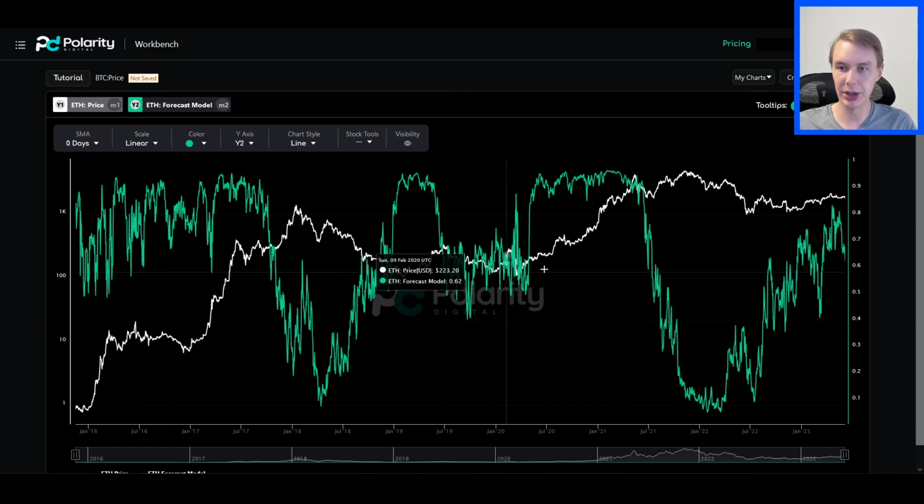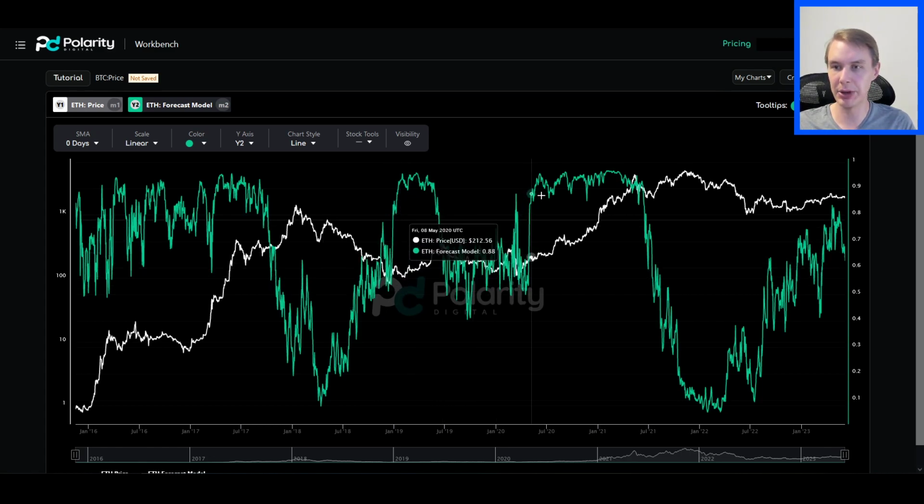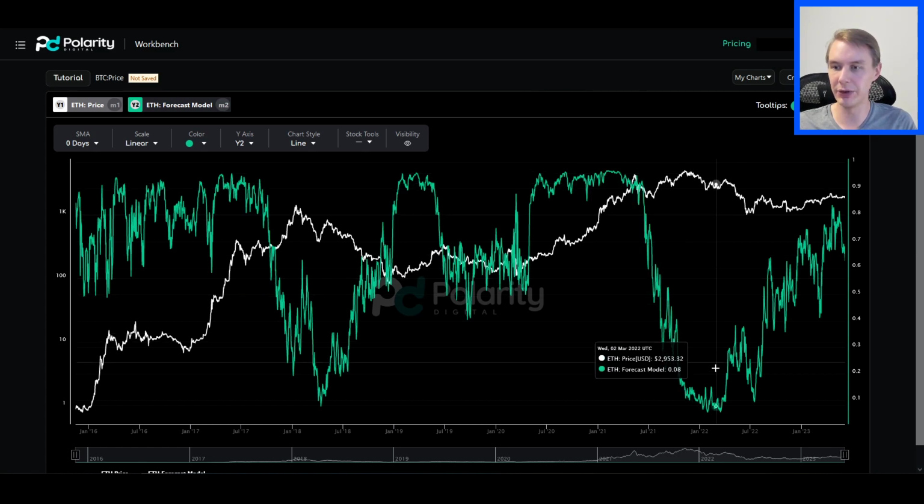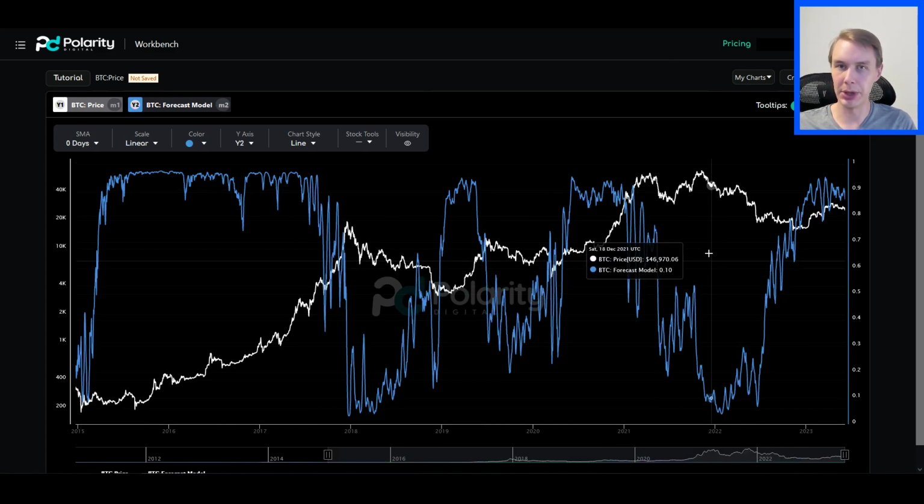I'm going to show you Ethereum here also, just so you can see how it acts. You can see that it also does a fantastic job, being bullish throughout this phase, really cooling off through the top here, going into this bear market, getting bullish again in this run up, getting undecided in this sideways chop, and then saying, all right, here we go. It's very likely for upside to be coming through here. And then again, nailing this bear market, getting very cautious through here. As Ethereum was putting in its all-time high back here in November of 21, the model was only estimating a 12% chance of upside at that point. Again, really forecasting this nasty bear market that we got, and now it's been starting to climb more bullish as well, just like we saw with Bitcoin.